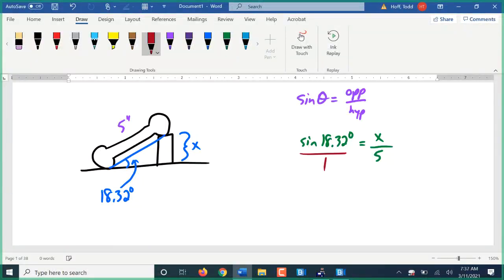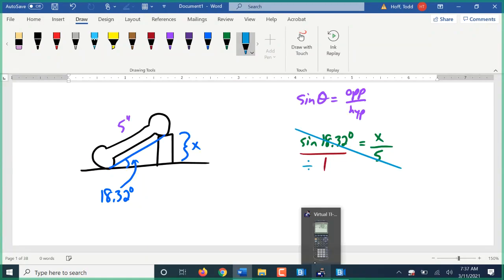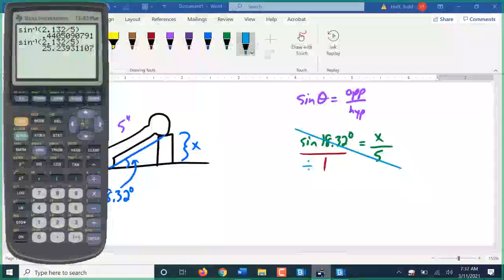I put the sine over 1 so that I can cross multiply and divide. Sine of 18.32 times 5 divided by 1. Well, sine 18.32. Remember to close that parentheses again. Times 5, and we can skip dividing by 1 because that doesn't change anything. X is 1.5716